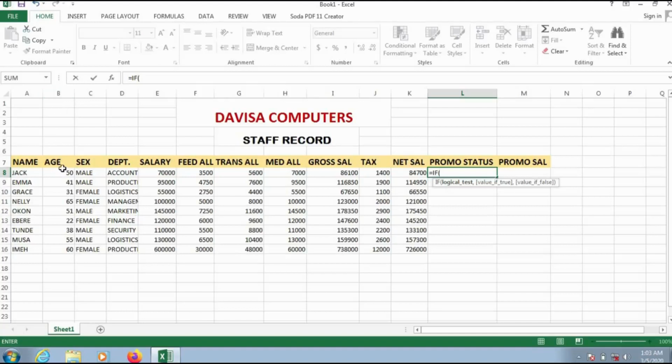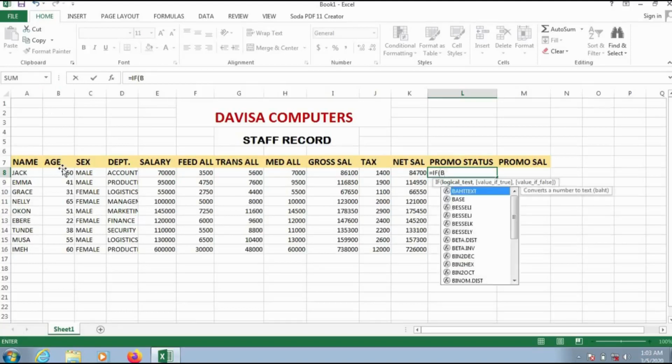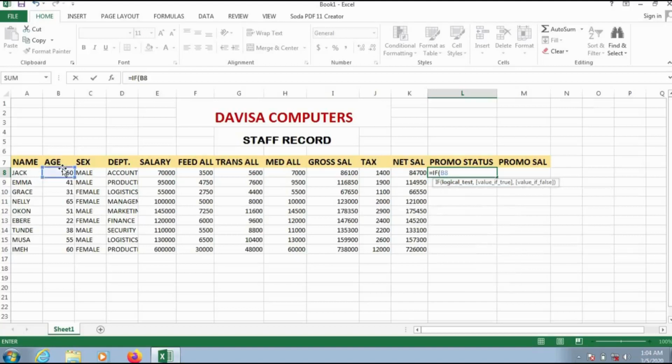So equal to IF open bracket B8 is greater than, that is more than 50, and equal to, that is equal to 50, that's 50 and above. 50 comma, but because promoted is a text, a label, it should be in